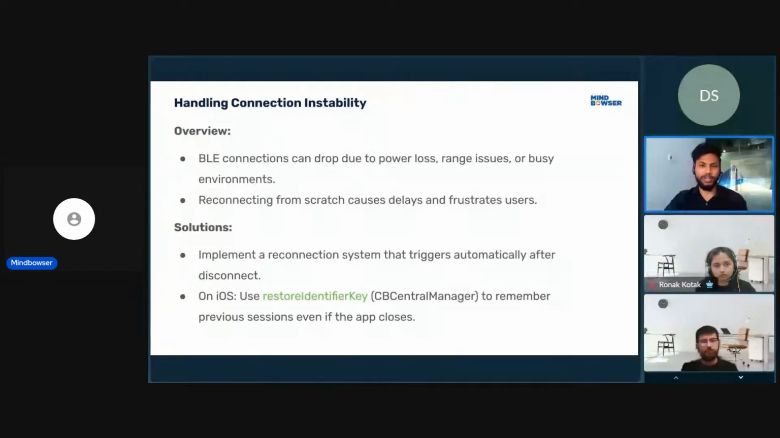Even if the app is closed or the phone loses power, it still stores the information of which peripheral device it was previously connected to. It hands back this necessary context, and whenever the BLE device tries to connect, it connects. On Android,